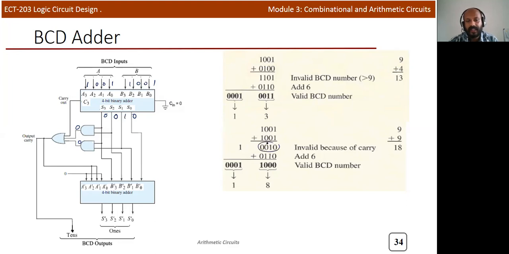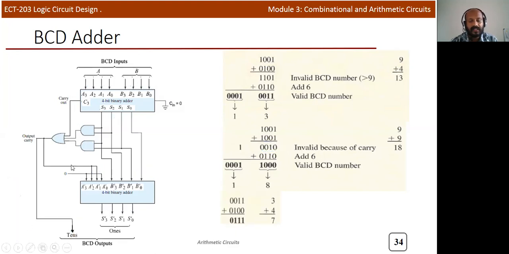The lower 4 bits are less than 9, but there is a carry. So definitely this OR gate output will be 1. So here we will get 1, 1, and 0 is already connected to the other two inputs. So here it is 0, 0, 1, 0. It is added, and finally you will get 1, 0, 0, 0. And the carry output is equal to 1. So the final answer will be 1, 1, 0, 0. The lower 4 bits represent 8 and the higher one is 1. So again it is valid. Now we will consider another case.